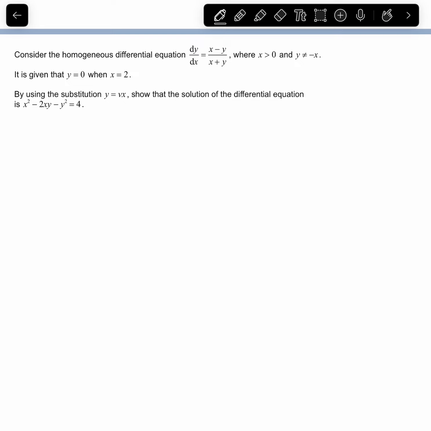Right, so we can start by writing out the equation. And they've given us a substitution we need to make, y equals vx. Now, the main part of the homogeneous differential equation is to do this step right here. So we have y equals vx. If we differentiate both sides, not necessarily with respect to anything, but if we do like this,